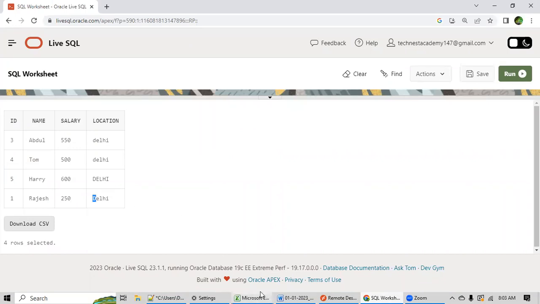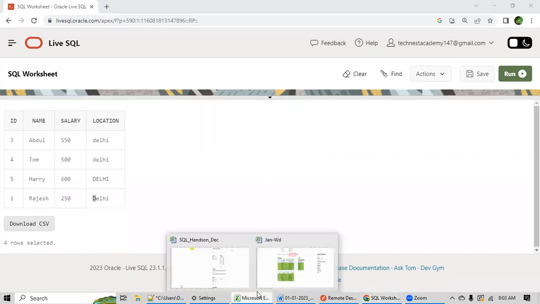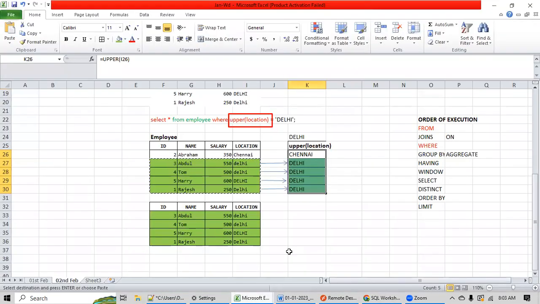Because the SQL engine doesn't touch our table. It does all the calculation on the temp table. Good. From this data, the engine has not converted this location column in the main table. This conversion to uppercase was done in the temporary memory. This is just for reference purposes.